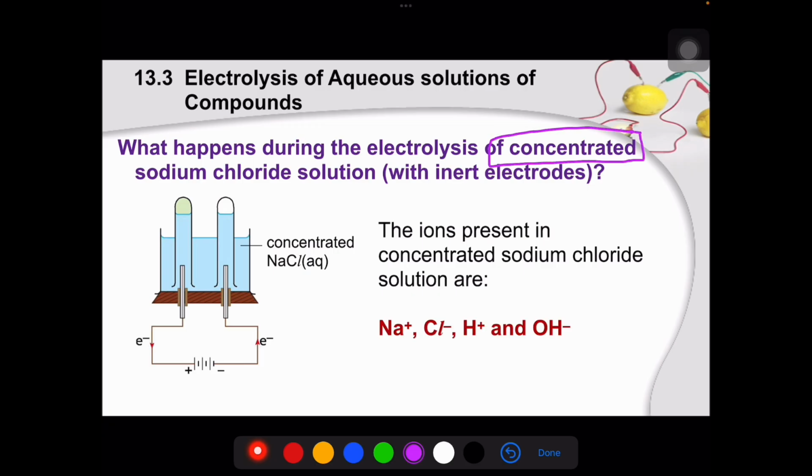Now, when it's a concentrated one, similarly, the ions will still be the same. Sodium, chloride, H plus, and OH minus. Of course, this comes from the water. Everything is in aqueous state, right? Aqueous state. But the trick now is that because the concentration changes, if you recall in the second page of